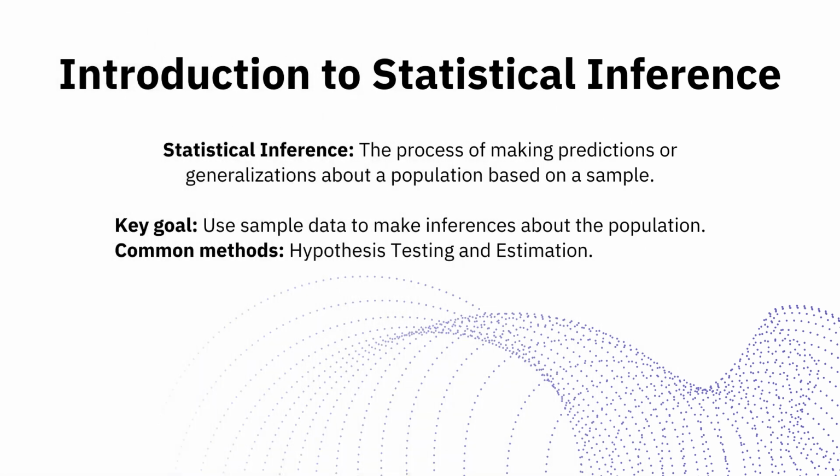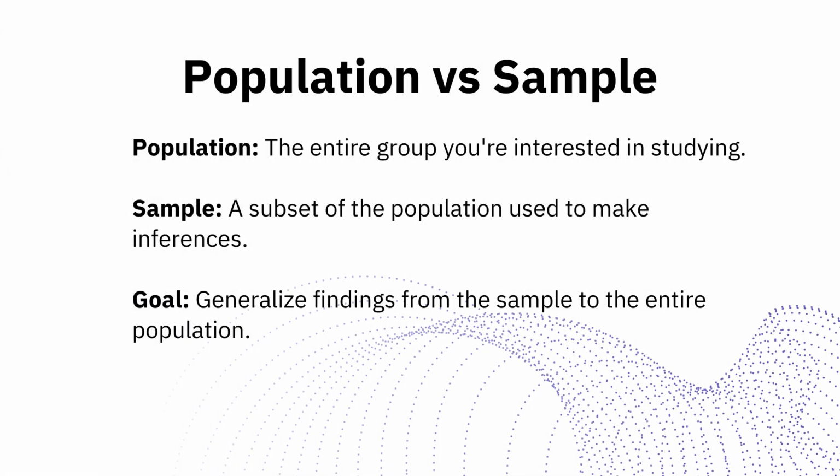Statistical inference refers to the process of making predictions or generalizations about a population based on a sample of data. In data analytics, we often don't have access to the entire population, so we rely on samples. By using methods such as hypothesis testing or estimation, we can infer the characteristics of the larger population and make data-driven decisions. The population represents the entire group you want to study, while a sample is a smaller, representative subset of that population. Statistical inference allows us to make conclusions about the population based on the analysis of the sample